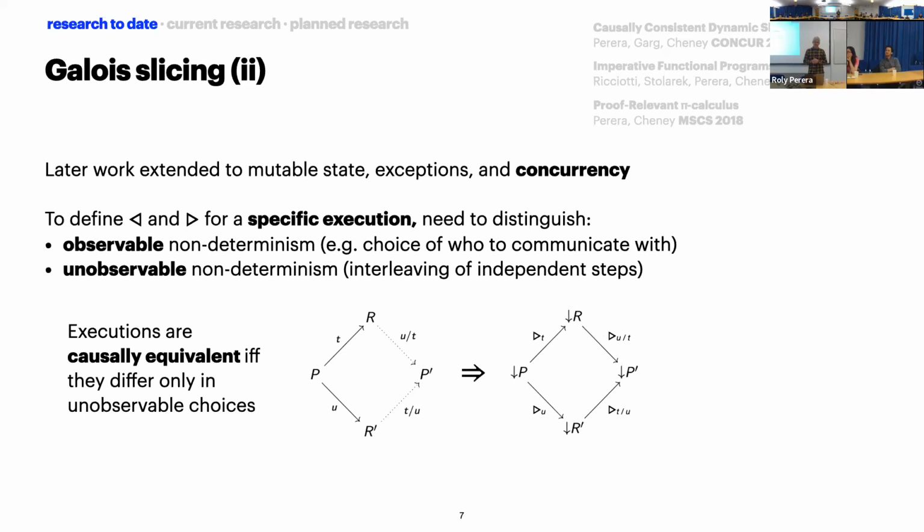So this approach, which we call Galois slicing, is a dynamic technique. And that means that these slicing operators are defined for a particular execution. So in a concurrent language where you have non-determinism, the kind of question that arises is what are the specific executions with respect to which you're going to define these operators. So the way we approached this was to appeal to a standard distinction between two different kinds of